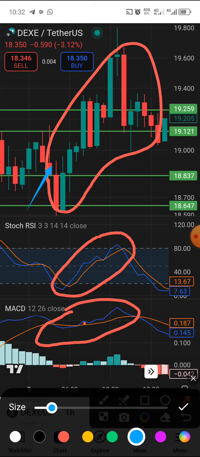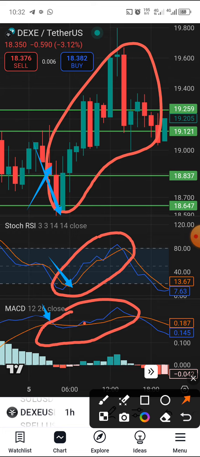Like here, this was a downward trend, like you see here. Our stochastic RSI showed you that it is on a downward trend. And the MACD also made what we call a death cross. So these two indicators, the MACD and the stochastic RSI, gave you one picture that the market is on a downward trend. Likewise,